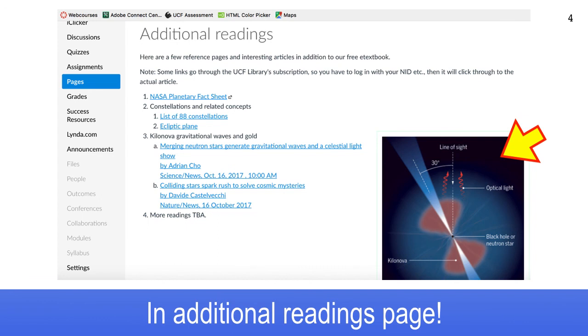Now, last thing I want to mention to you, I put that on the additional readings page, but it won't be on exam 3. All right, so save that. Go ahead and dip into those articles if you feel like it. It is kind of interesting to read about, but I won't lecture on it until after exam 3. So that's kind of a sneak preview into the future. All right, questions about the readings?